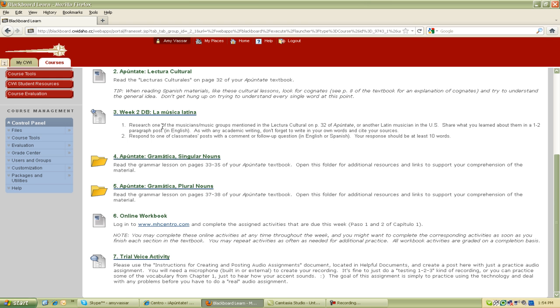And because we have 3 sections together here, don't feel like you're needing to read every single post in the discussion board. Then these next 2 folders go along with Paso 2, with the grammar lesson in your workbook. On pages 33 and 35 is the lesson on singular nouns, and then it continues on pages 37 and 38 with plural nouns. And if you open these folders, there are extra resources, including videos, to help you understand the